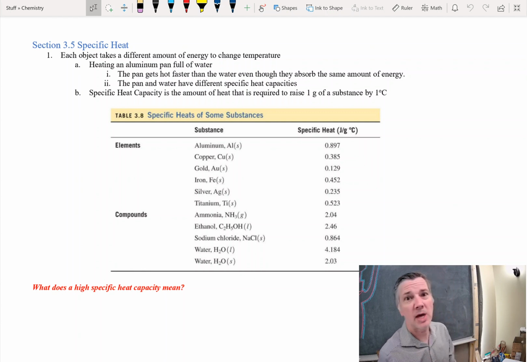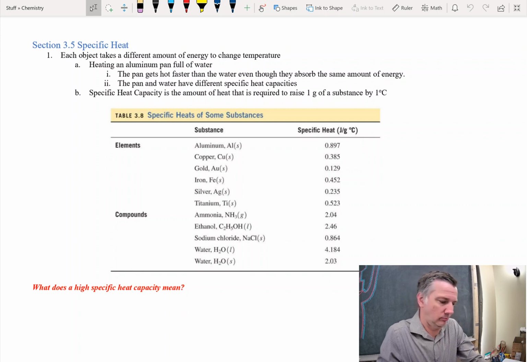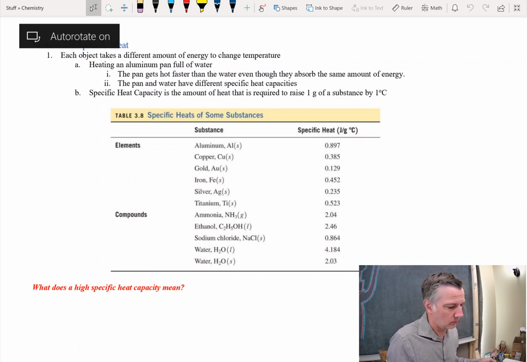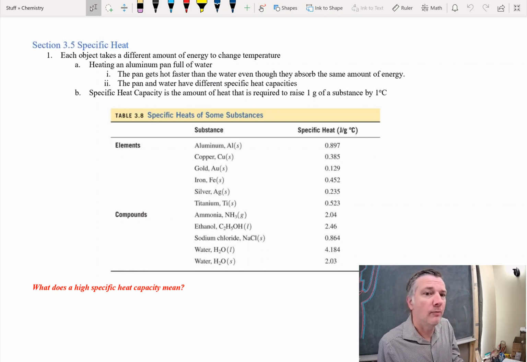Today we're going to talk about chapter 3.5, which is on specific heat. This is going to be a concepts video. Then there's going to be at least one other video on specific heat that has the calculations. So for specific heat,